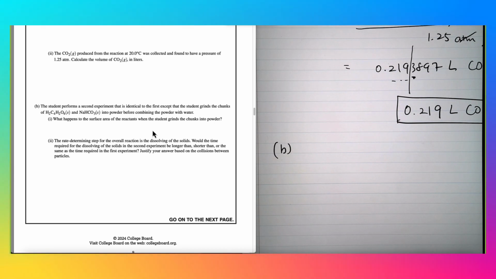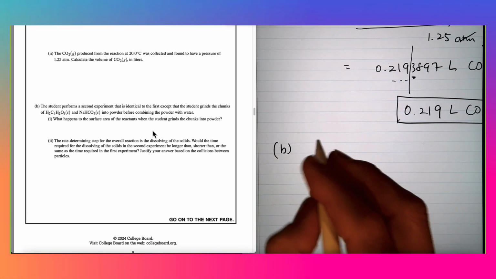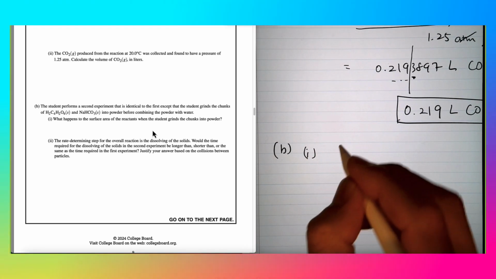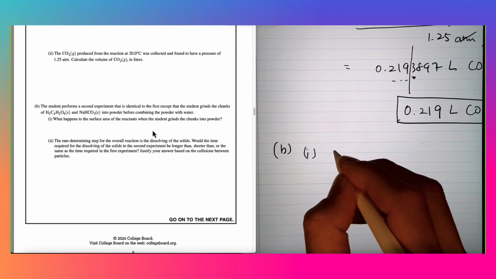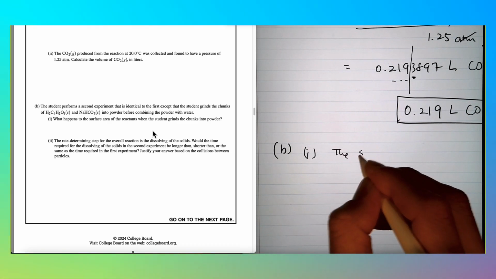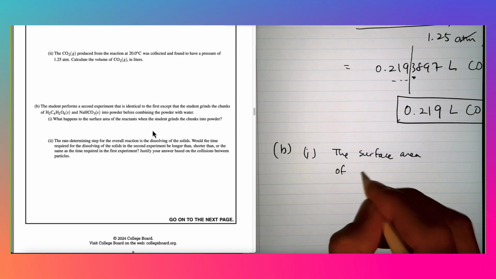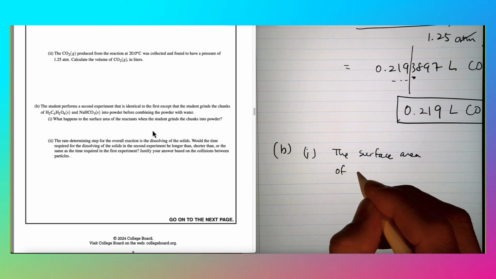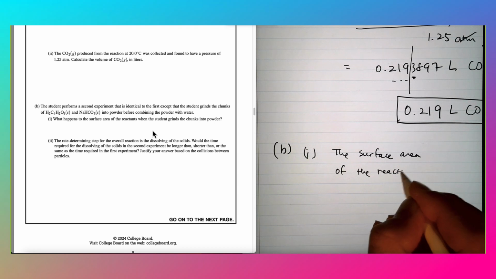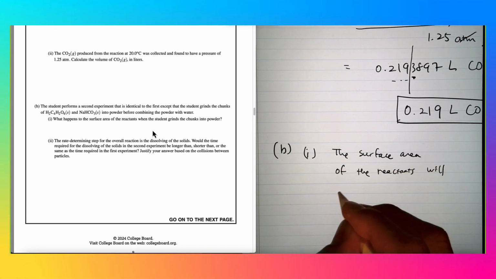Because you have more area in contact with water, you have more powder in contact with water, so the rate will go faster. So, if you grind it, answering this question, the surface area will increase. So we just need to say the surface area of the powder of the reactant will increase